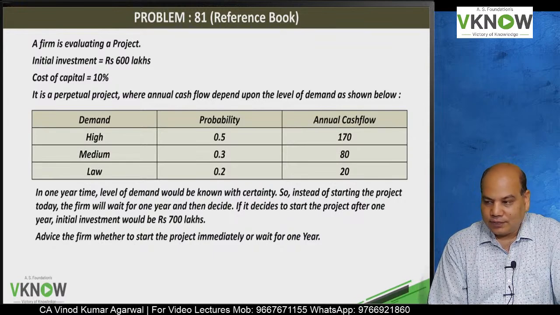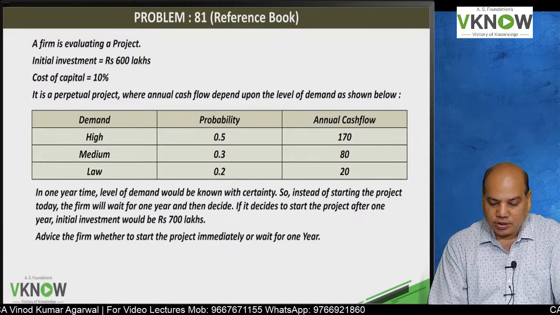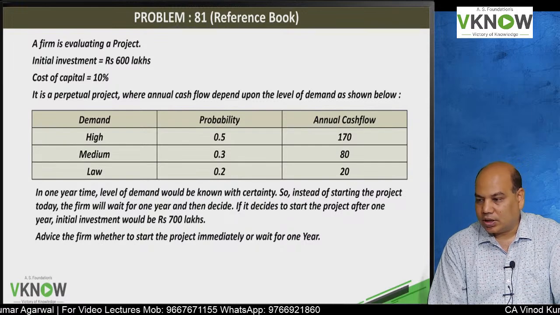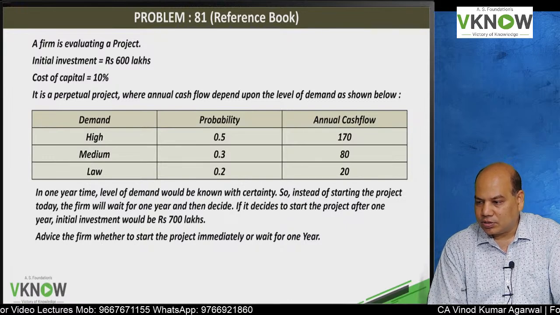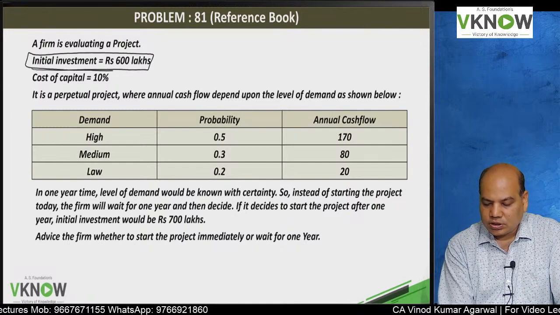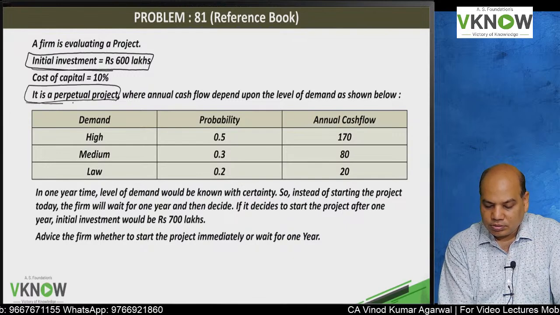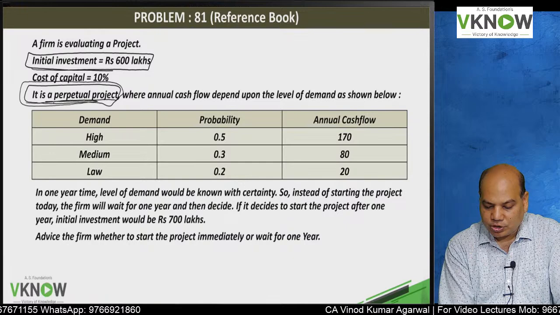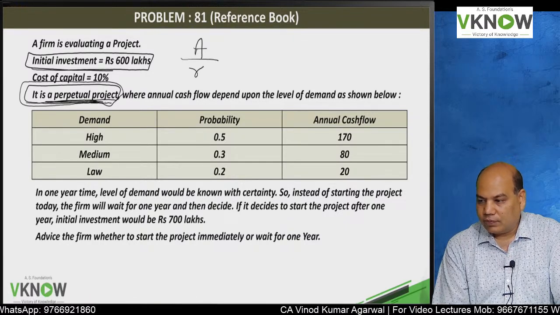Relax. A firm is evaluating a project. Initial investment amount is rupees 600 lakhs. Cost of the capital is 10% for discounting purpose. If you invest today, 600 lakhs will be required. It is a perpetual project. Once more, perpetual project. Same formula you will apply, A upon R for present value,